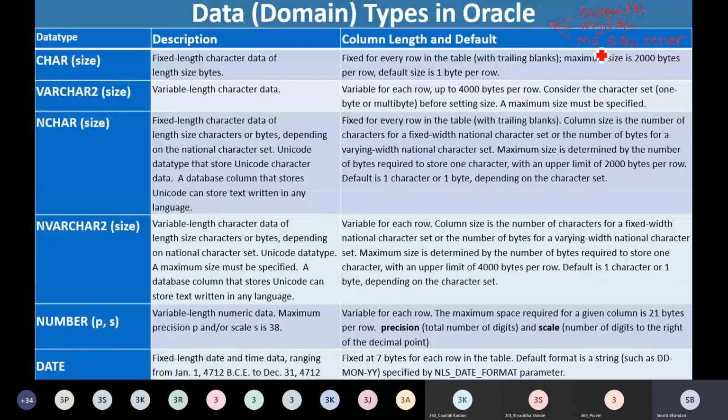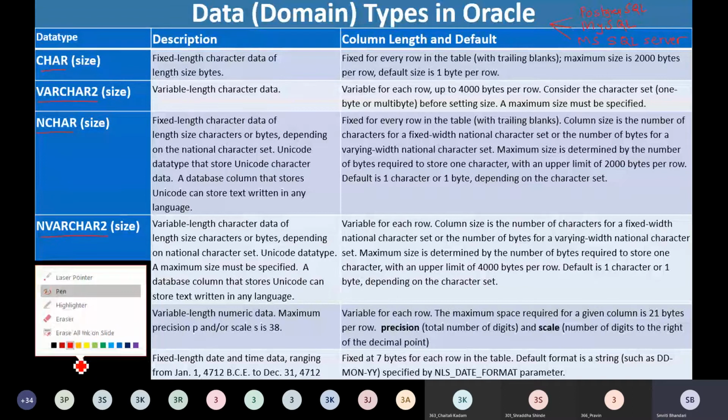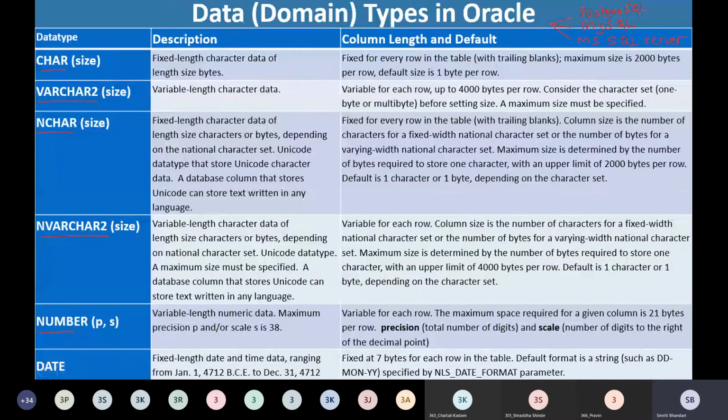So even though there are various relational database management systems available, for practicals we are going to make use of Oracle, and that is why I am demonstrating the data types in Oracle. I am not referring to all the data types available in Oracle, but only those data types that are frequently used while defining the tables. In all other RDBMS also, we have similar kinds of data types. Okay, so we have char, varchar2, nchar, nvarchar2, number and date. In fact, the detailed discussion related to all those data types was covered in the earlier video.